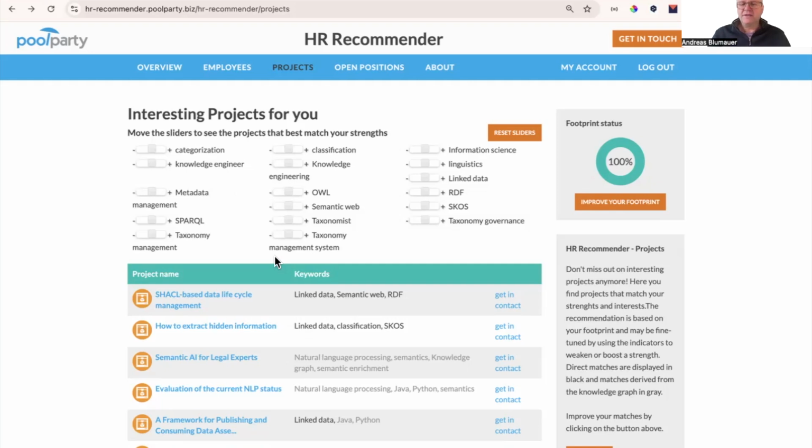So they can really infer from skills like, for instance, linguistics or information science, that Christian obviously has good skills also to fulfill the needs of this project, which is in strong need of natural language processing. So this kind of inference mechanisms play an important role in many, many business related